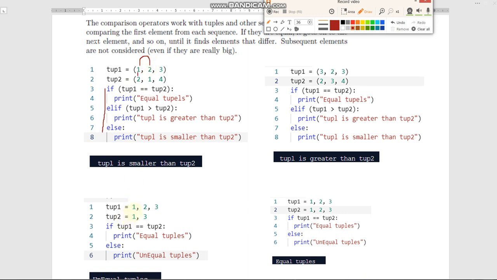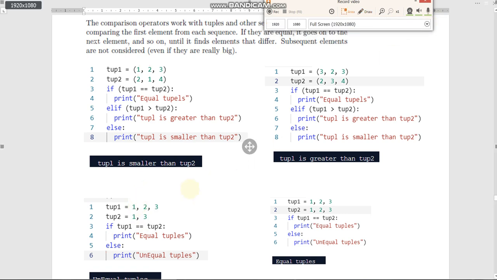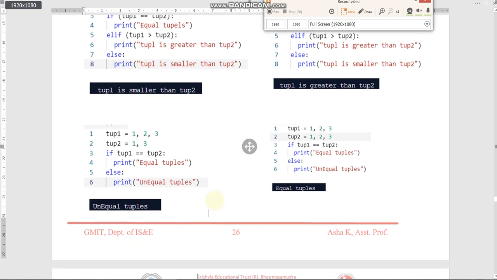But if the comparison of these two elements results in a tie, that means these two elements are equal, then only the comparison will go to the next two elements. Once the comparison result matches any one of the blocks, the comparison stops. Okay, so this is how we can compare two tuples. We have taken just a few examples, four examples. Just go through the examples, very simple examples.